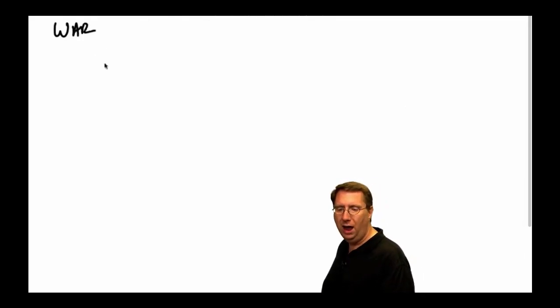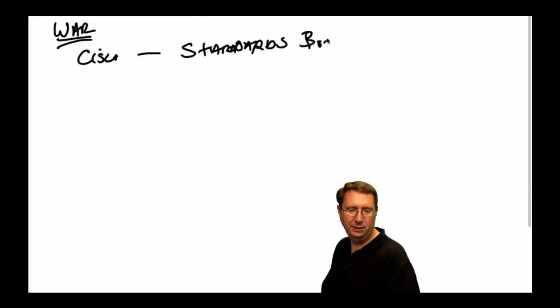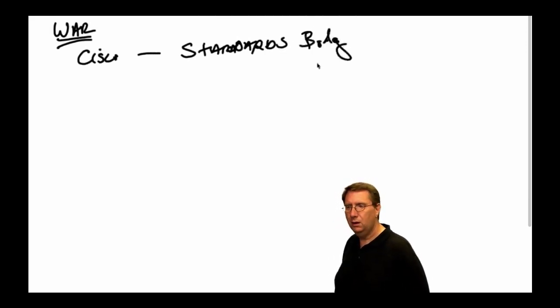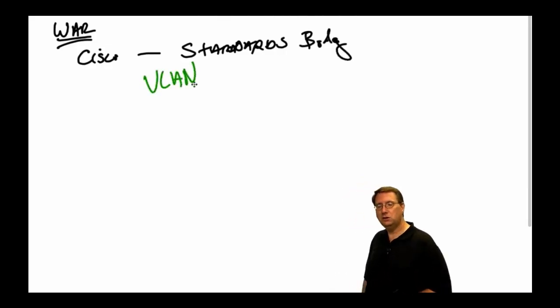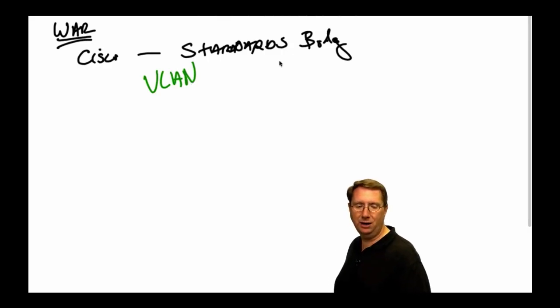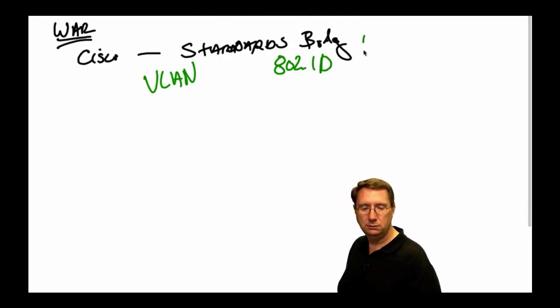There was a war between Cisco and the standards body. Now, this war was about one thing and one thing only: VLANs. So when the industry standards body came out and created 802.1d for bridging,